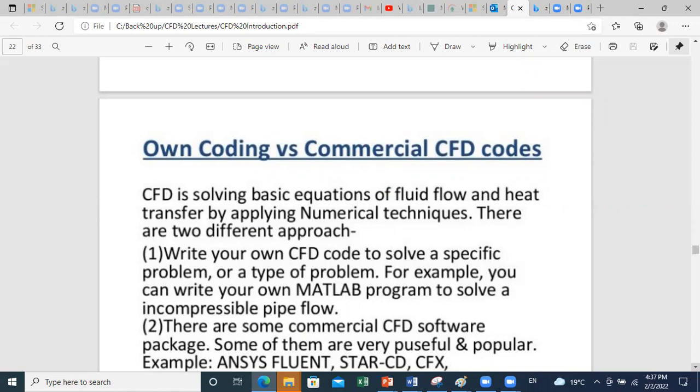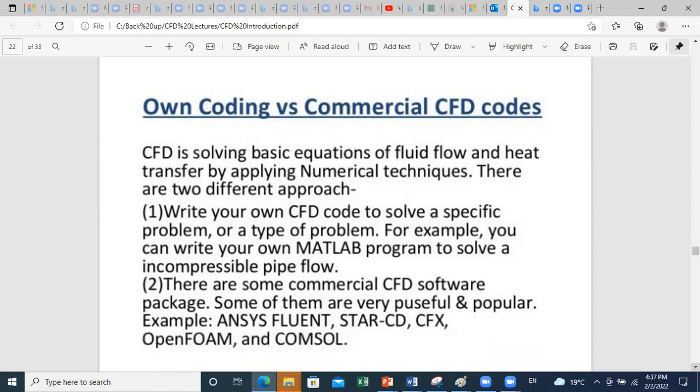Now, in order to solve such problems, when we talk about numerical techniques, we can do our own coding, and we can write a MATLAB code to solve a certain simplified problem. We'll do this together in the course material. We'll see how to solve, for example, conduction-convection problems. We can write a MATLAB code to solve it. We can also use